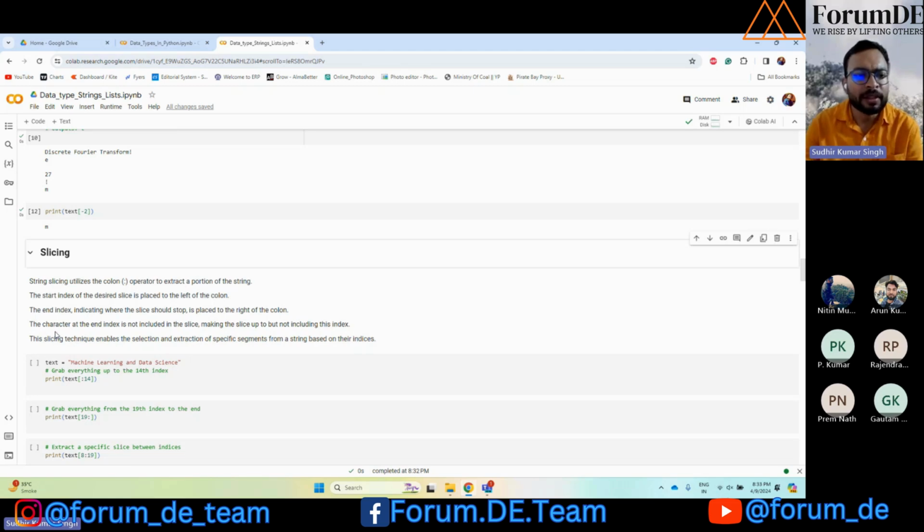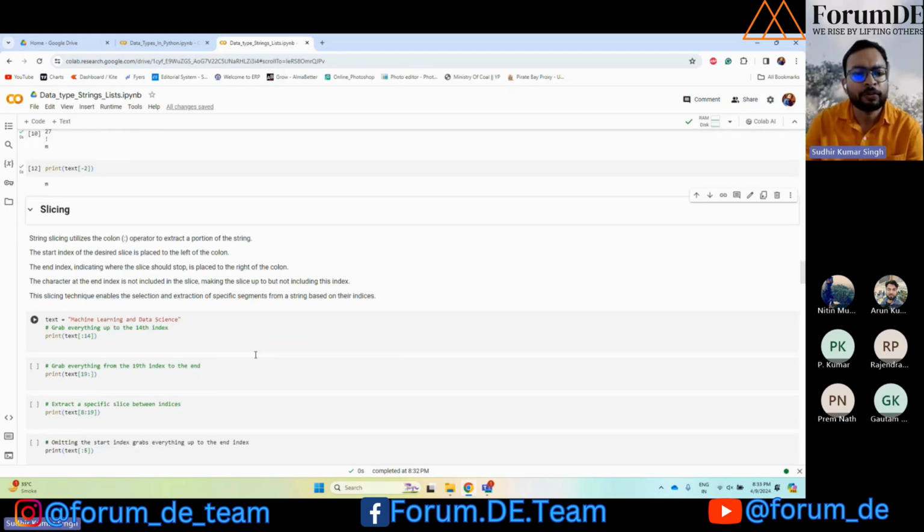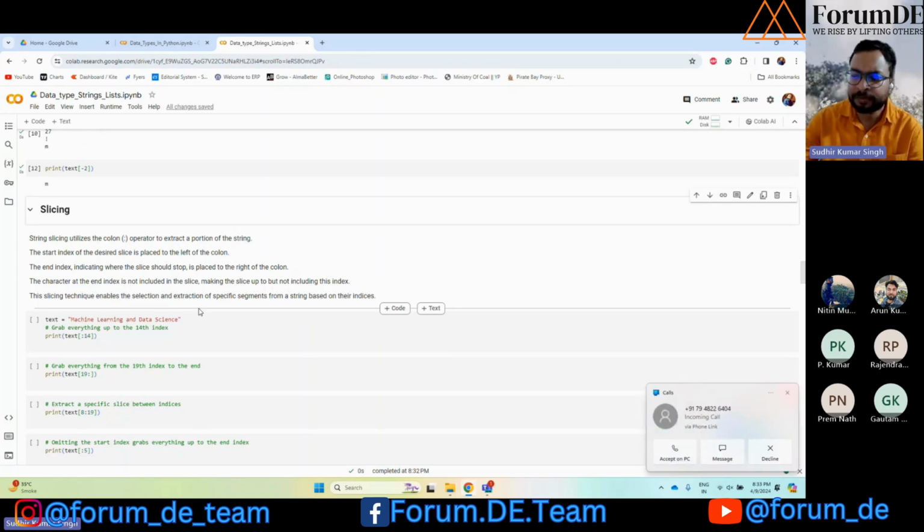But remember one thing, that the character at the end index is not included in the slice. This will be more clear with the help of an example, making the slice up to but not including this index. I will tell you what this line exactly means with the help of an example. The slicing technique enables the selection and extraction of specific segments,